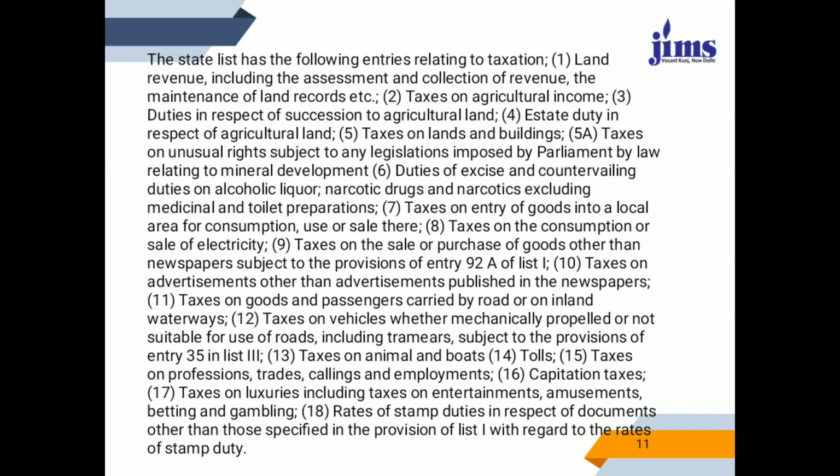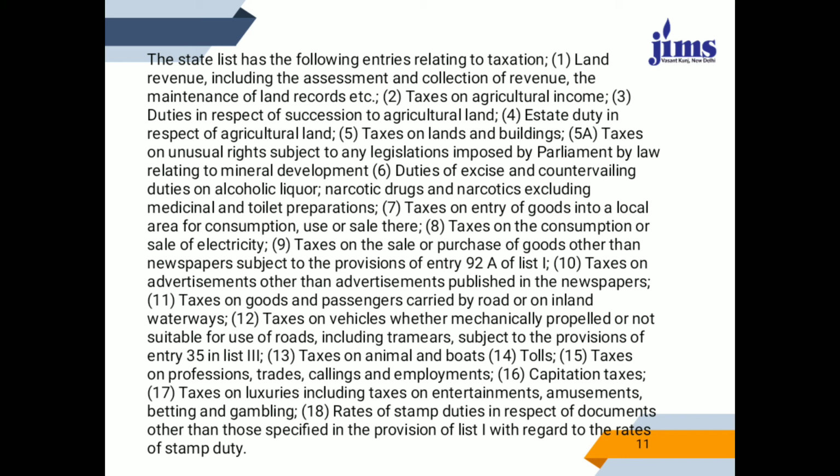Next, we have a brief of the taxes that have been levied under the state list. Some of the important taxes levied under the state list are taxes on agricultural income, estate duties, taxes on land and buildings, taxes on mineral rights subject to any limitations imposed by Parliament by law, duties of excise on alcoholic liquors, taxes on entry of goods into a local area for consumption, taxes on the consumption or sale